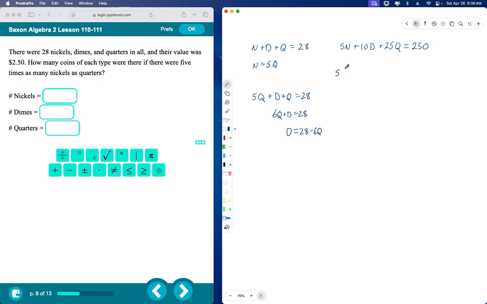So 5n, that's going to be 5q, plus 10d, that's going to be 28 minus 6q, plus 25q is equal to 250. So 25q plus 280 minus 60q plus 25q equals 250. So if I subtract 280 from both sides,